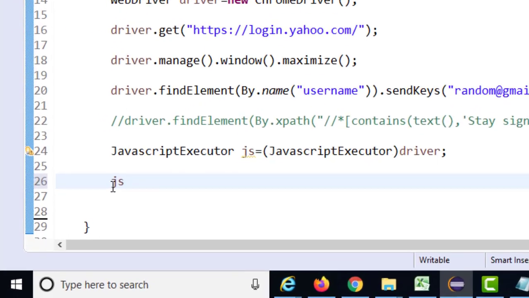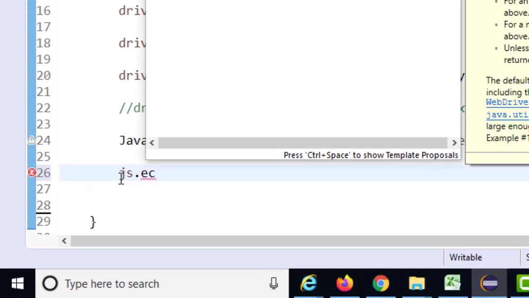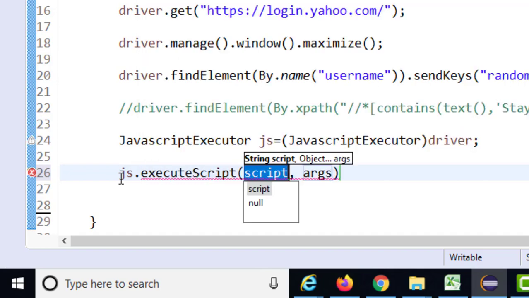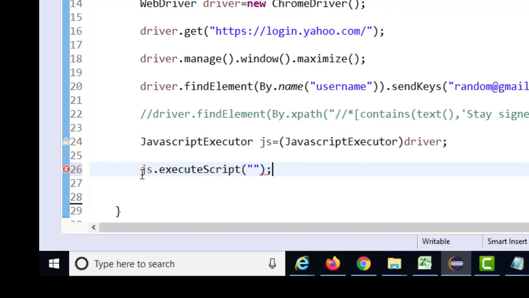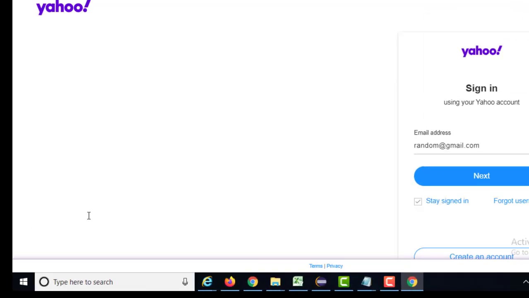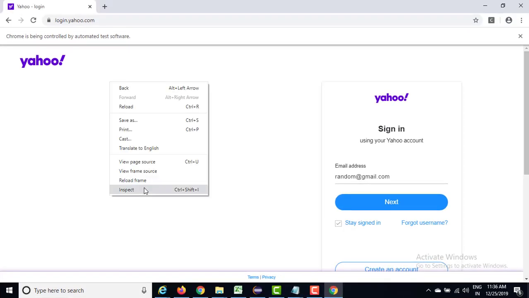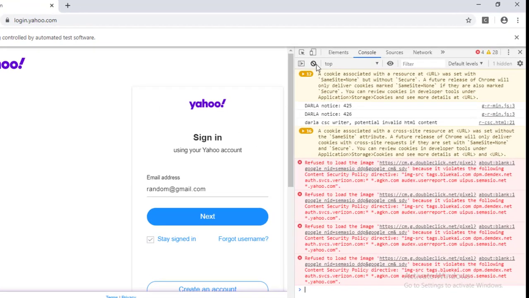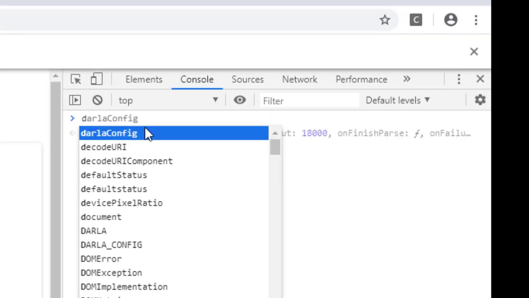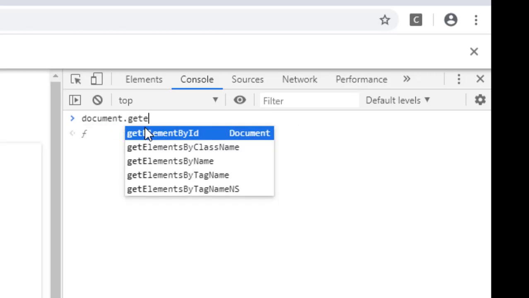The first way is you can call the JavaScript executeScript method and pass only one argument. I just showed you how we can write the condition. In the console, you need to write document.getElementById, by name, or by tag name and class name, and then you can write click.